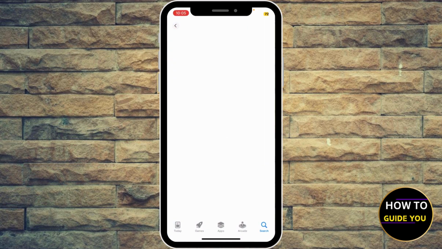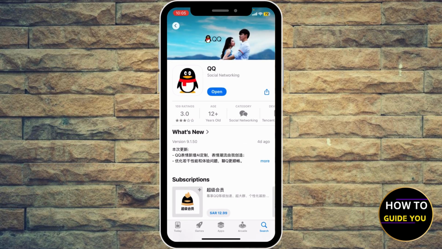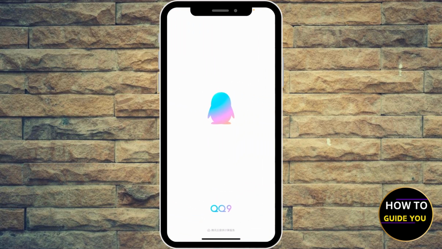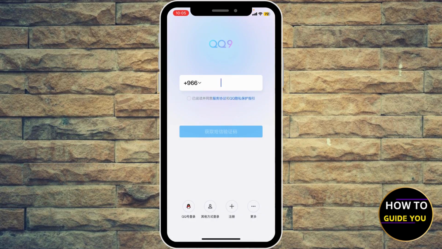So first of all, go ahead to your app, so Google Play, and make sure that you downloaded or updated the app to the latest version. Now I'm gonna open it up, and just follow along the steps. You're gonna see the blue button and the white button. Go ahead and click the blue button right here at the bottom, and then you're gonna enter, of course, your